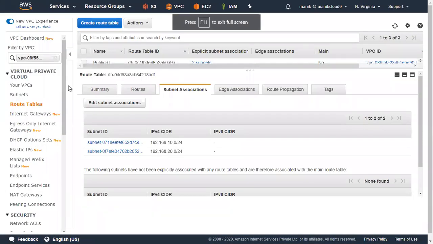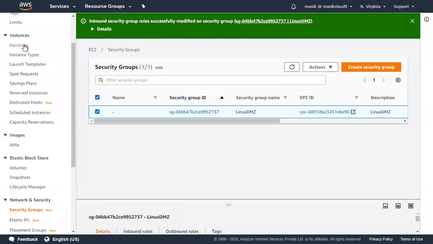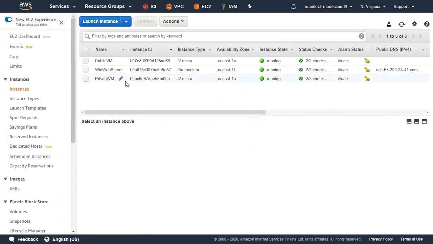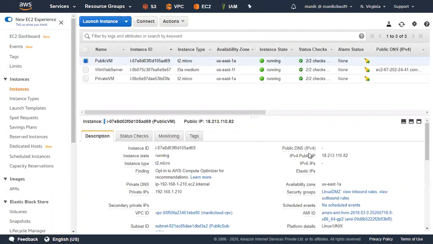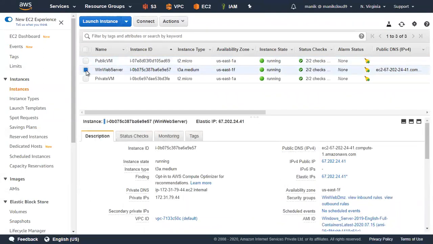If I press Control 1, I can move directly to the first tab of my Chrome. Then Control 2, I can see the EC2 instance right now. The instance I created, public VM, has no public DNS name here. I can see the private DNS name, but no public DNS name. But the machine I already launched in my default VPC has a DNS name.